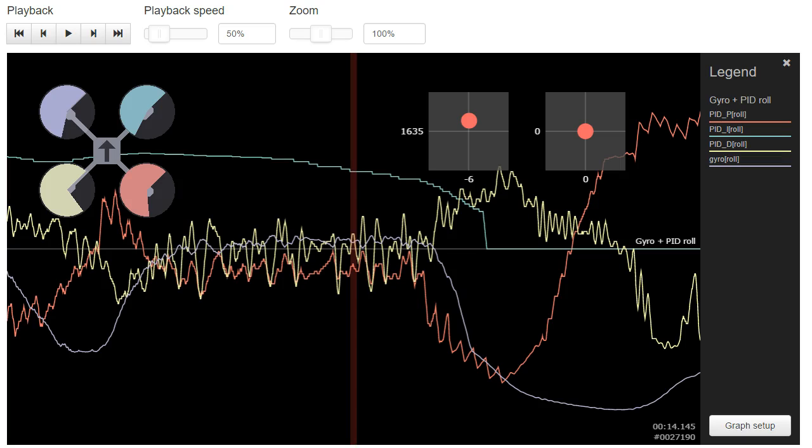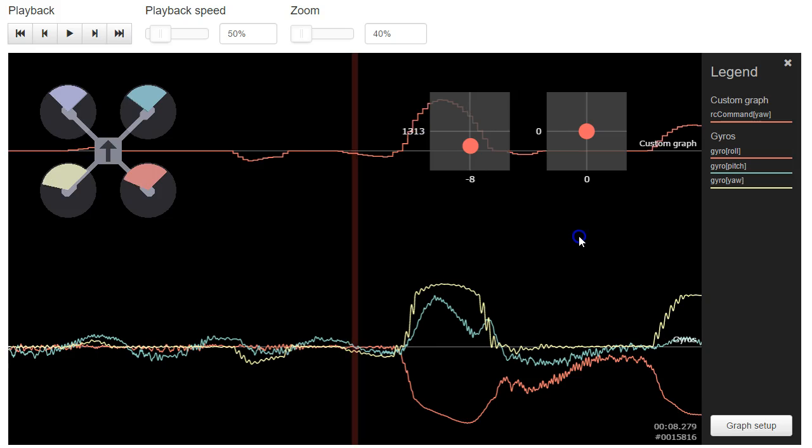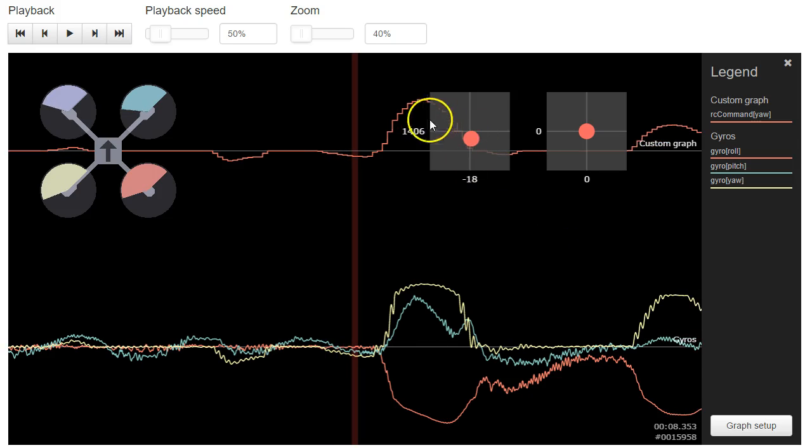Let me pause the recording and dig back through this and see if I can find some sharp yaw moves to look for this oscillation you're looking for on yaw. So here's what I've done to try to zero in on your problem a little bit. I've got the yaw RC command up at the top, and I've got the gyros at the bottom, okay? And this is telling us what you commanded, so we can look for the parts where you put in sharp yaw. And this is telling us what was actually happening, so we can look for these jitters